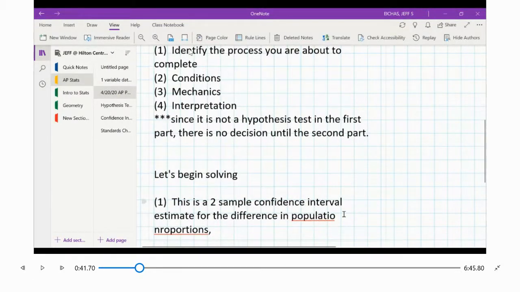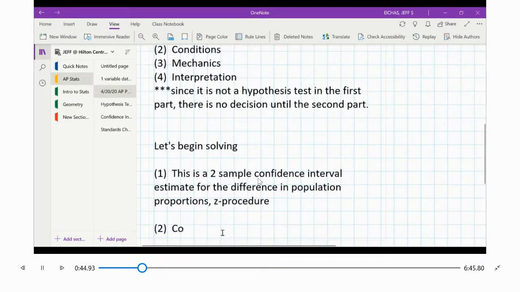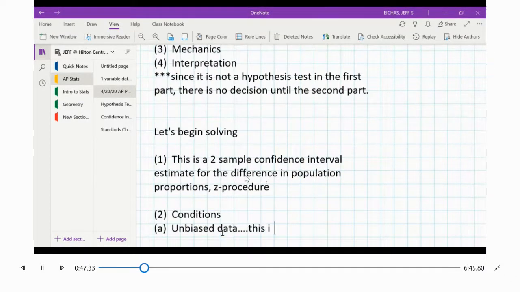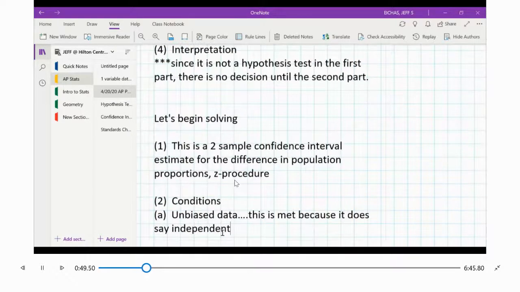just pause it for a second. You're going to identify the process. You're going to write the conditions, show the mechanics, and interpret. Okay, so this is a confidence interval, I believe. All right. So we're talking right now about the process, two sample, estimate for difference in population proportion, Z